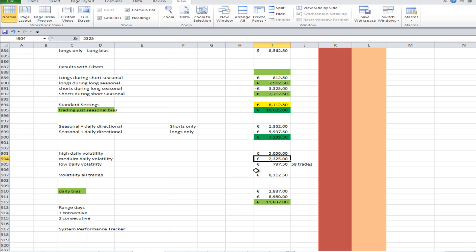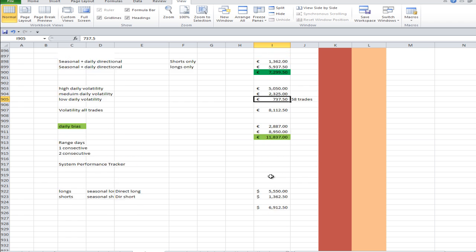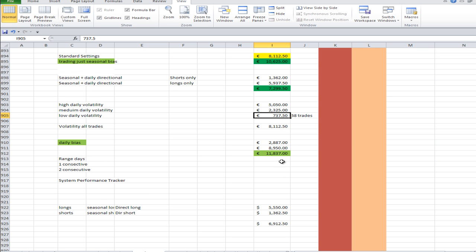The low daily volatility produced $737. Now what was interesting is that the extremely low volatility, below 16, sorry, produced a negative net value of $3,000. I haven't got it here, but that's one of the tests I've done before. So it pays to track your volatility on your charts as well,